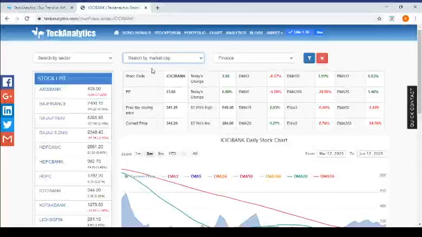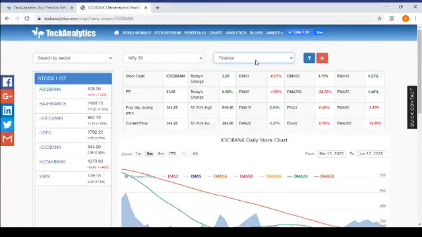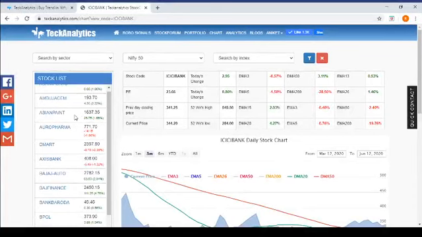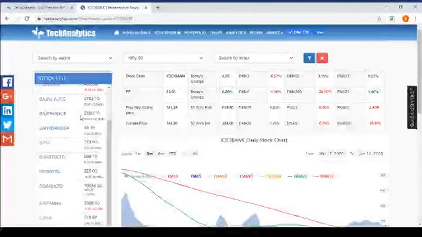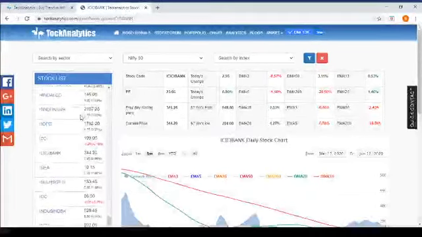And also in the middle filter, we have Nifty 50, mid cap, small cap. So if you click or filter by Nifty 50, you will see all the stocks which are in the Nifty 50. Okay, I remove the finance. On the left hand side, I see now from Adani Port to Ambuja, all these are the Nifty 50 large cap stocks list, right? You can open their technical chart.